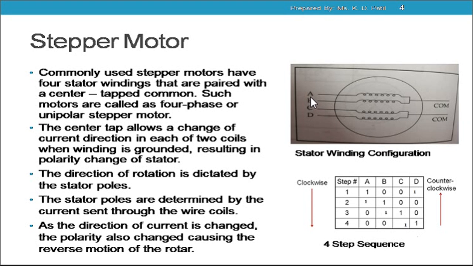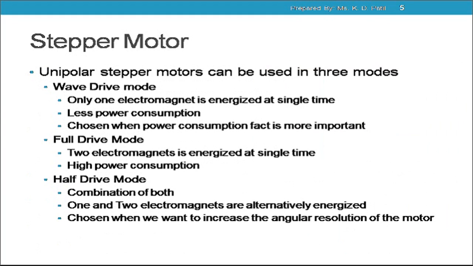When there is a pair of A and D windings, and after that a pair of A and B, then B and C, that stepper motor rotates in the clockwise direction because current is supplied to those two windings in a pair form. And when there is a pair of C and D winding first, and then the pair of B and C winding, and then the pair of AB, and last the pair of AD, then the stepper motor rotates in the anti-clockwise direction.